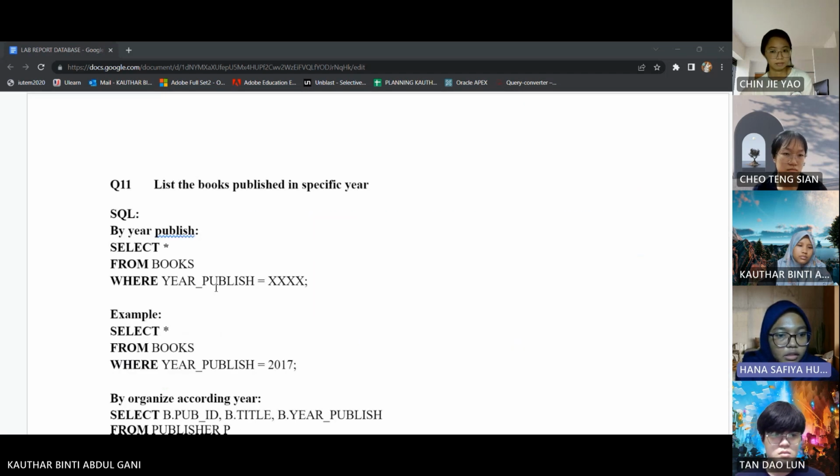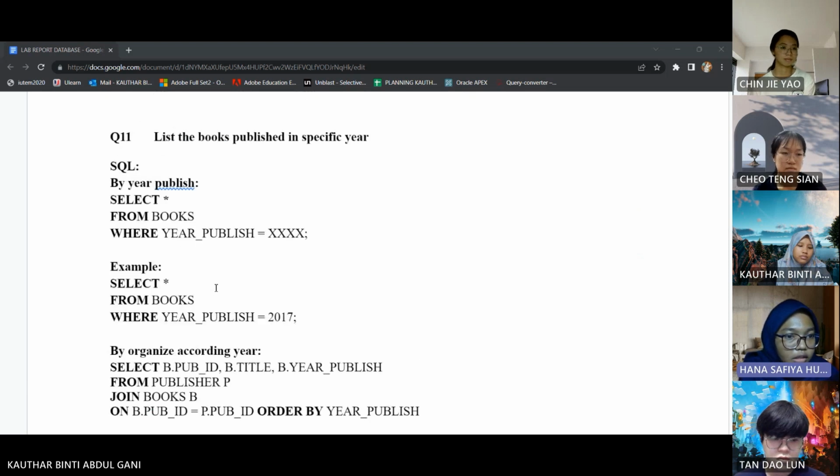And then for the next question, which is question 11, list the books published in a specific year. For this one, there are two ways to do the SQL. The first one is by using the year published. The SQL is select star from books where year published equals to XXXX, which is the year that you want.